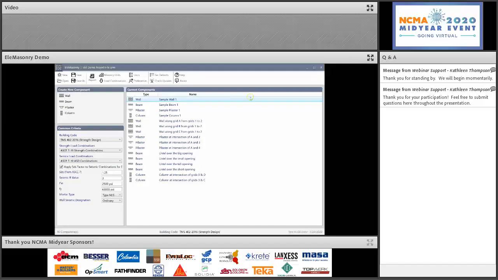This is what elemasonry looks like when you run it. You can see here on the home screen we have an area in the upper left where you can create new components. You can create walls, beams, pilasters, or columns. You have an area in the lower right where you can set some common criteria, like what building code